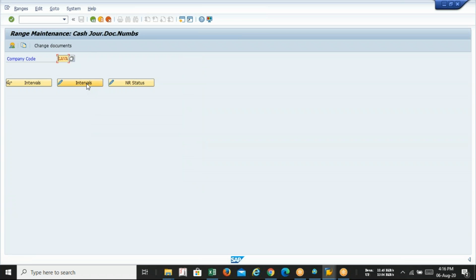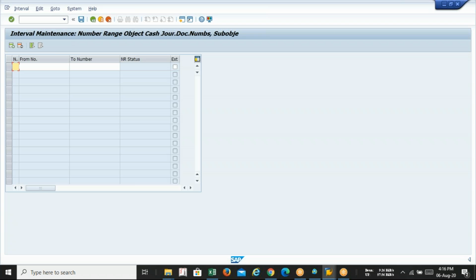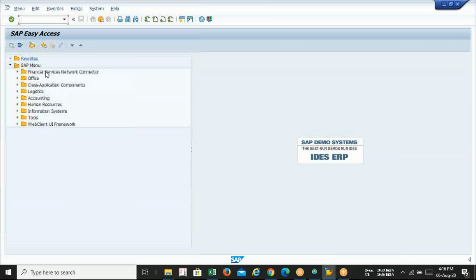So I have to create. At the time of creation, I'll have to click on the second option. You know that the same option is coming, but can you identify the difference? I'm just showing you. If I press FBN1, the same screen will appear.